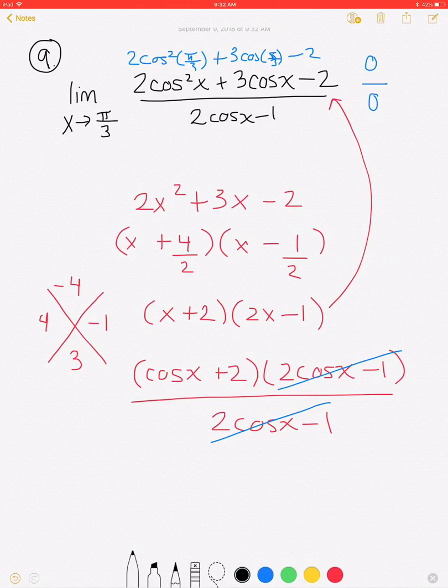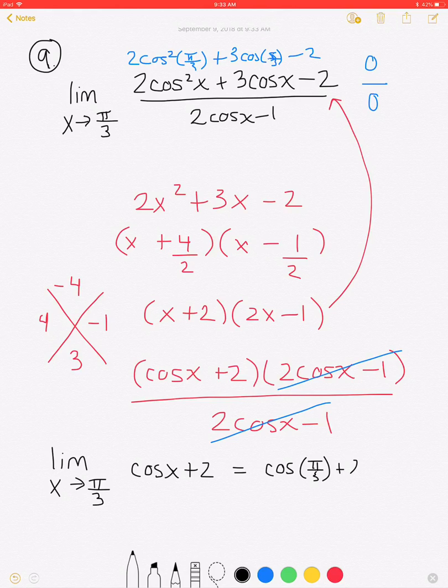Alright, so let me continue down here. So 2 cosine x minus 1 over 2 cosine x minus 1, that will remove that whole factor. Alright, so now we can solve the problem. The limit as x goes to pi over 3 of cosine x plus 2, the cosine of pi over 3 plus 2. Cosine of pi over 3 is 1/2. 1/2 plus 2, that's 1/2 plus 4 over